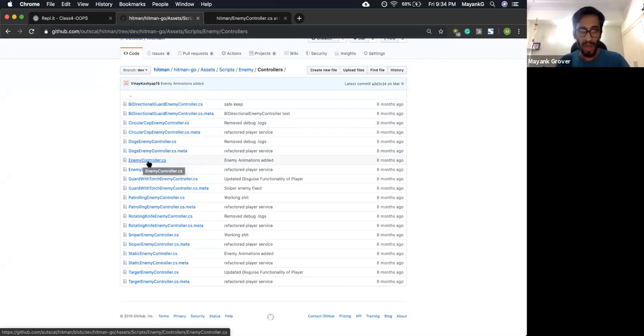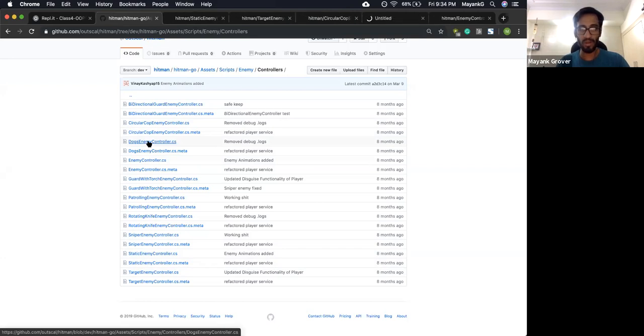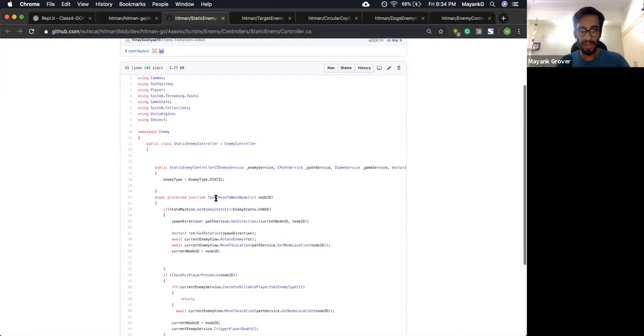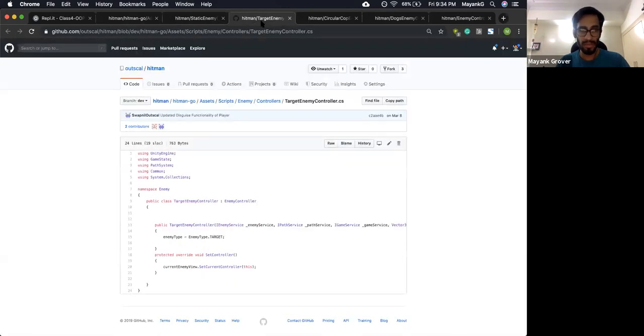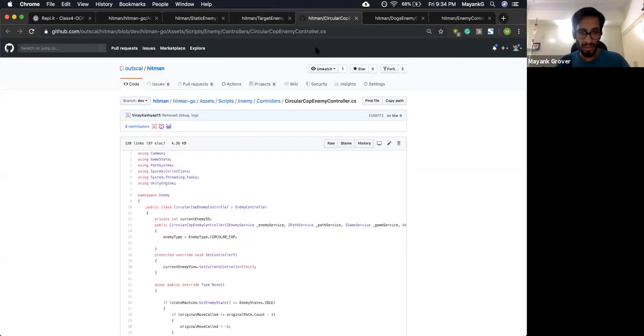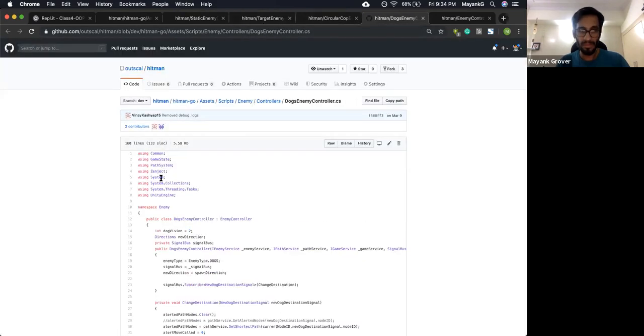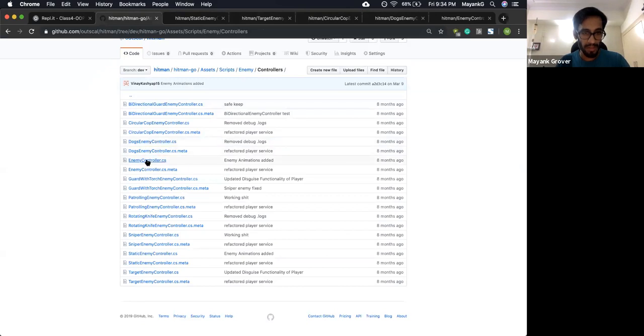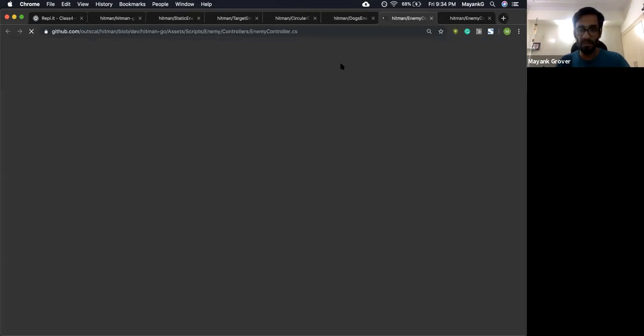So you have this one enemy controller class, and everything else is a different type of enemy. You have a static enemy, a target enemy, a circular enemy, an enemy that has a dog attached to it, etc. So you have these different types of enemies, and similar to how we have been looking at it, right? So where's my base enemy controller? I didn't open that file, sorry. So if you have this basic